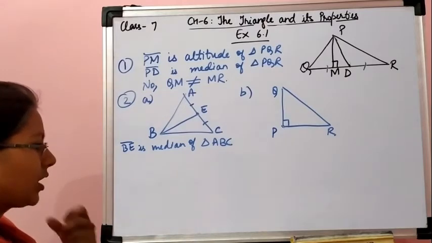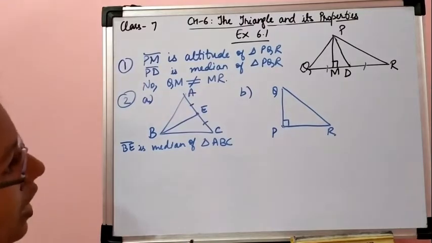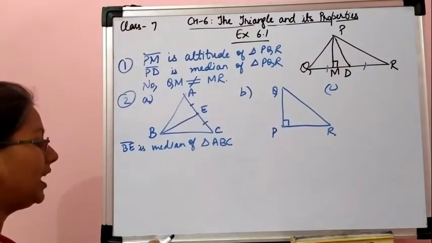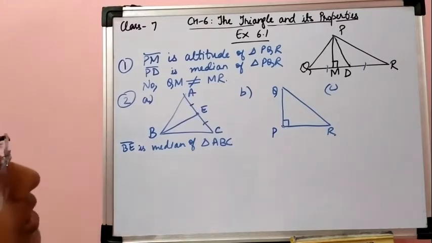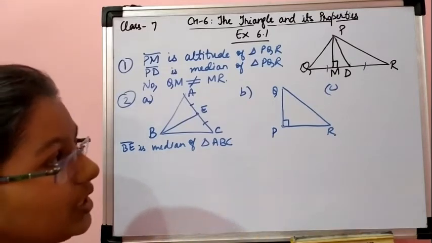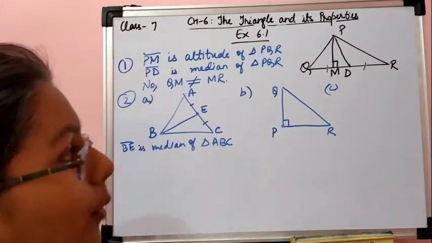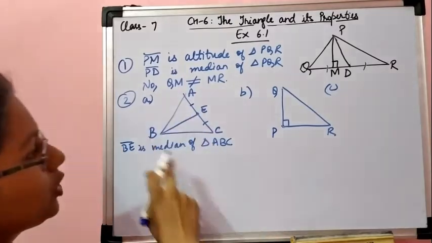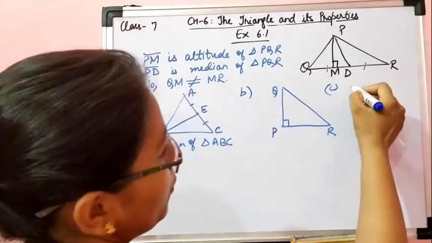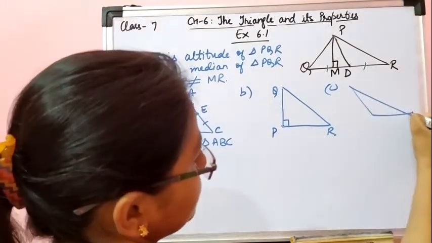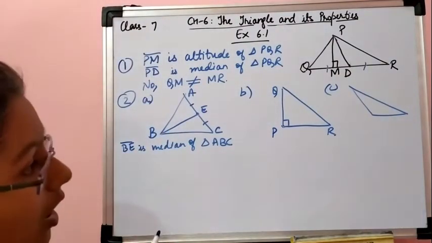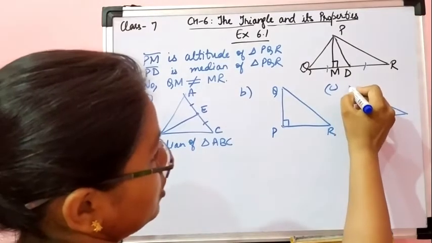Now next is in triangle XYZ. अब हमें एक ऐसा triangle XYZ बनाना है in which YL is altitude in the exterior of triangle. I have told you if I have to draw some altitude in exterior means the triangle should be obtuse angle triangle, because in acute angle triangle all the altitudes will come inside. But when I will draw obtuse angle triangle, and the name of the triangle is XYZ, और YL altitude होना चाहिए. So this will be altitude.